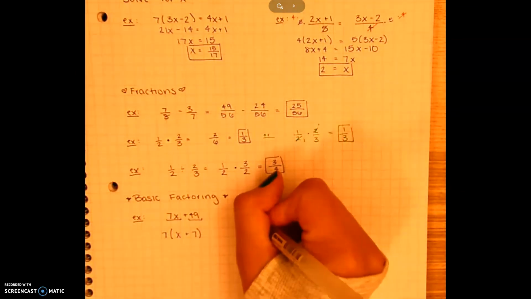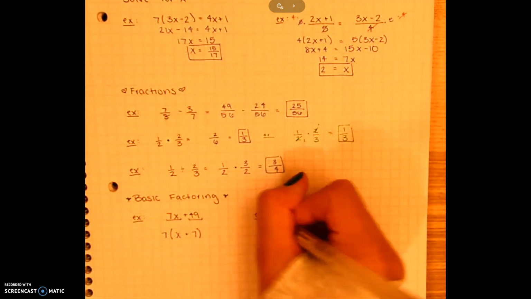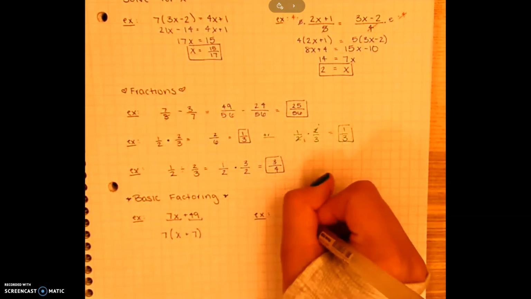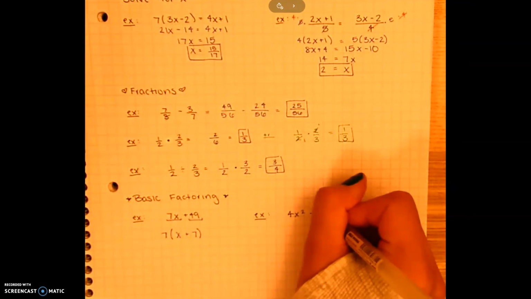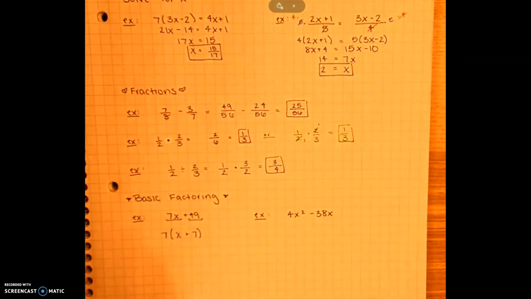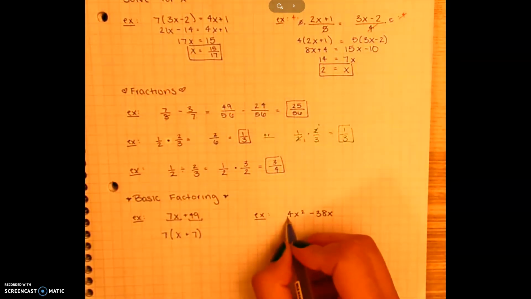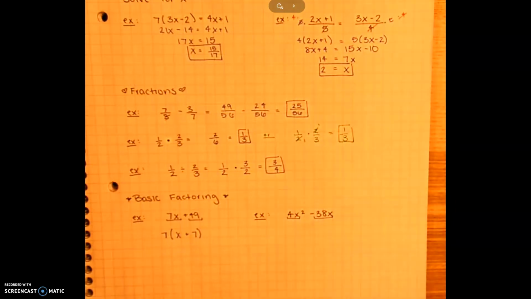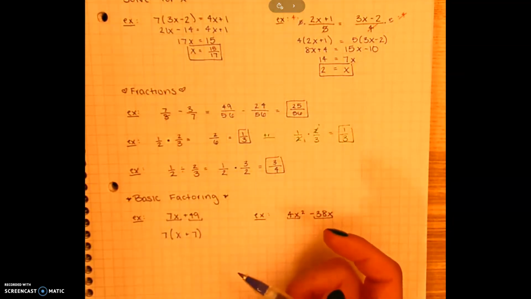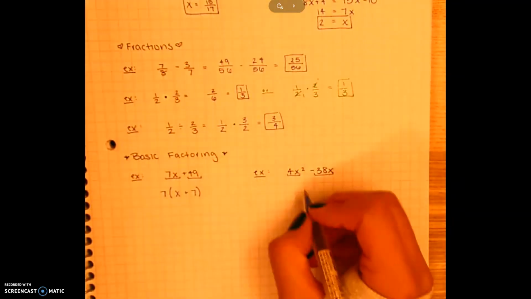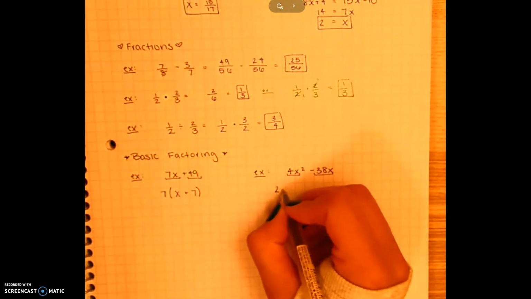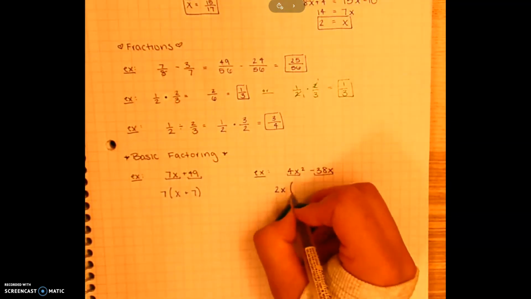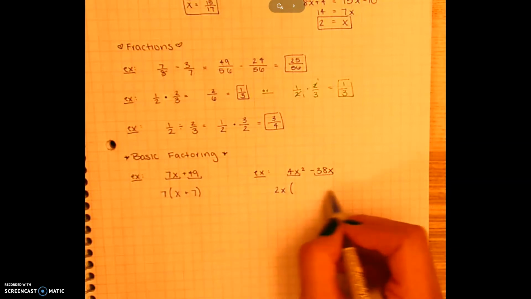One more example, slightly harder. 4x squared minus 38x. So again, look at your first term, look at your second term. What do they both have in common? Well, they both have an x, and they're both even, so they're both divisible by 2. So I'm going to divide out a 2x. Whatever you're dividing out, you put on the outside, and then what's left on the inside of the parentheses is,